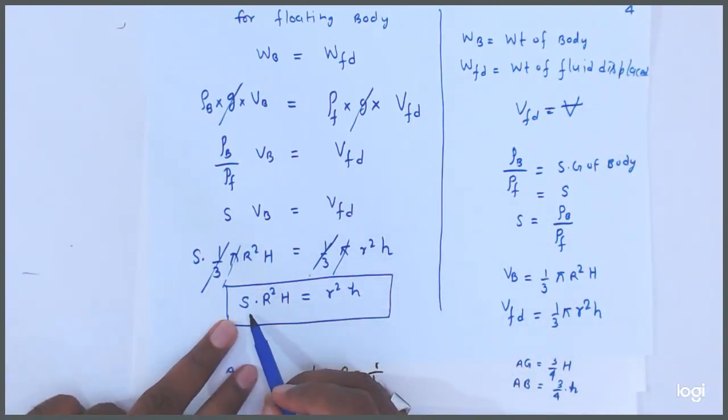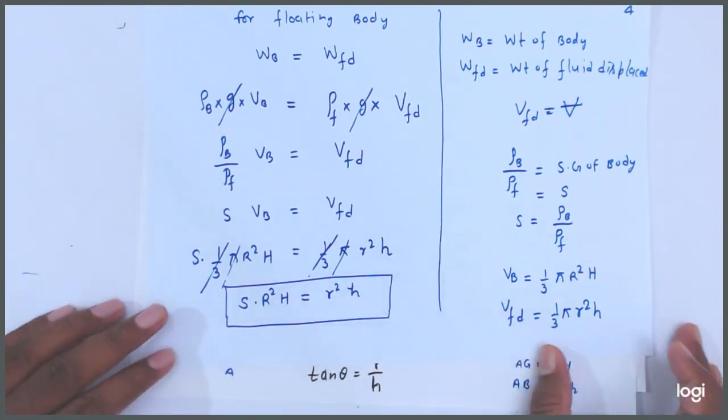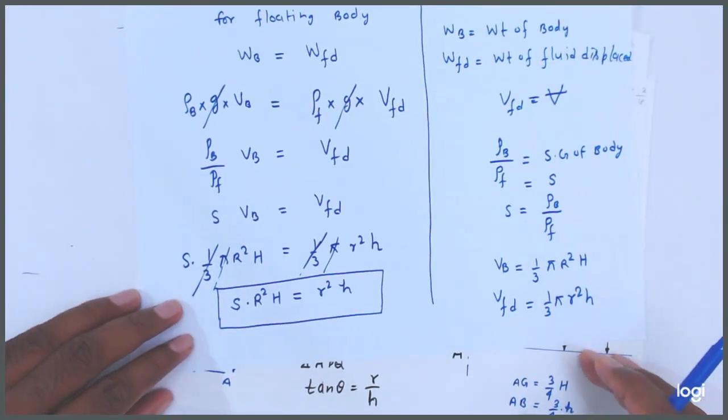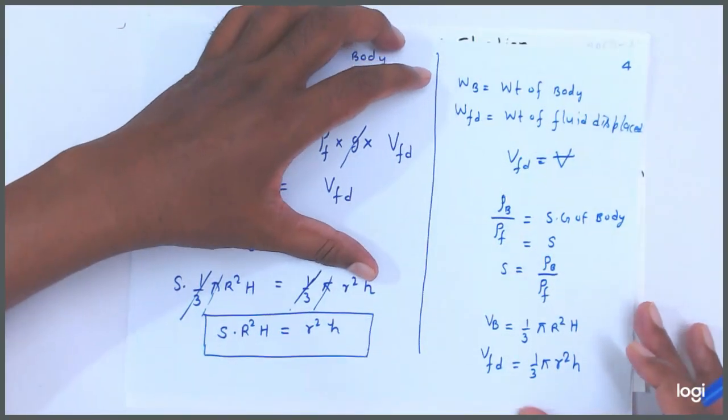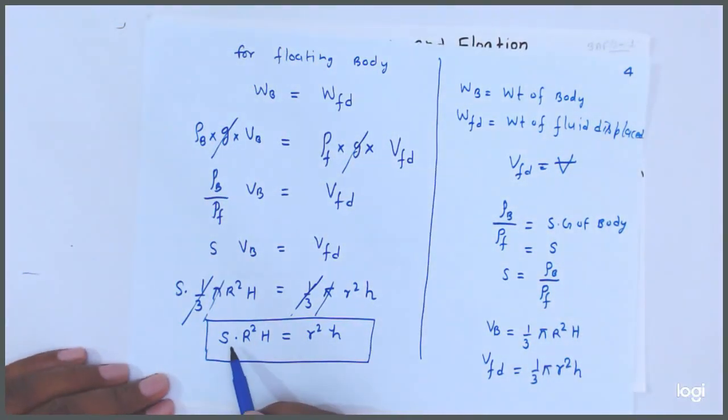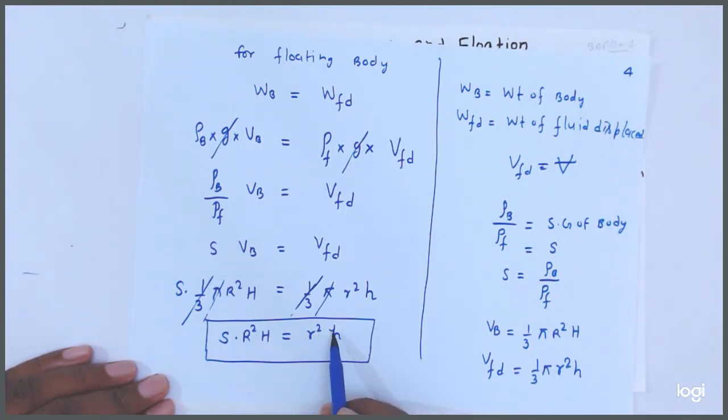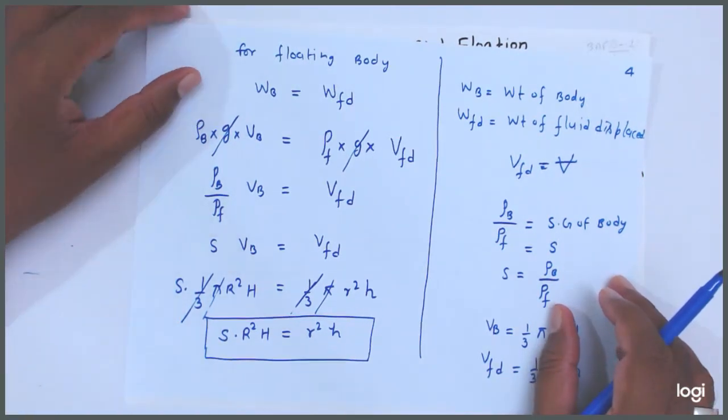What is left here? S, the specific gravity of the body, into capital R square capital H equals small r square into small h. Okay. Now here, friends,